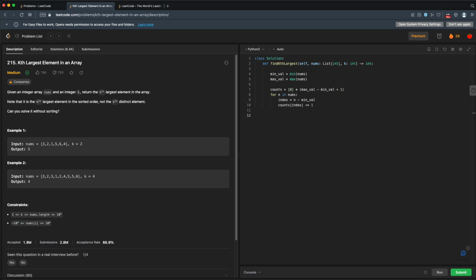Now we have to start counting backwards from the highest index to the lowest index, basically subtracting however many of that number we have from our k. So I'll have, what do I want? I'll have an index. We'll start it at the max index, which is just the length of our counts, minus 1. That's the max index. And we need to keep track of our remaining k. So I'll have remaining k. That's going to be k. All right, so while our index is greater than or equal to 0, and remaining k is greater than 0,